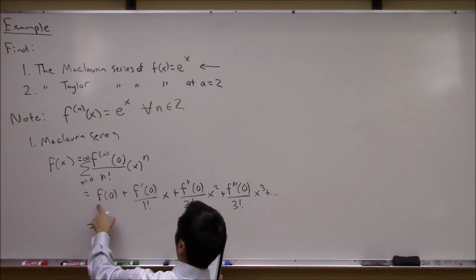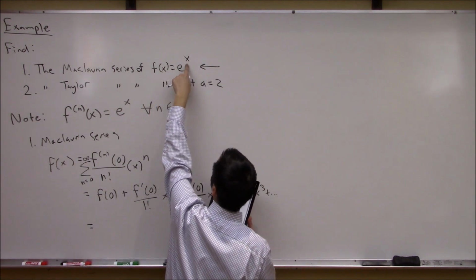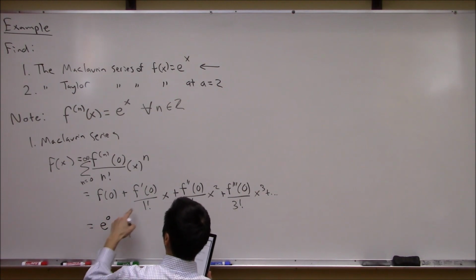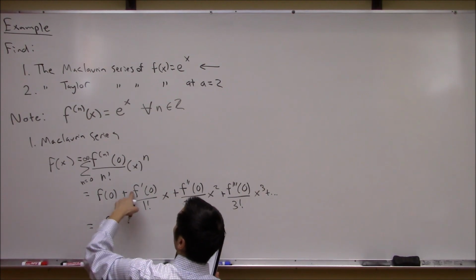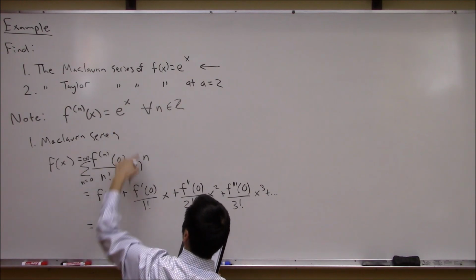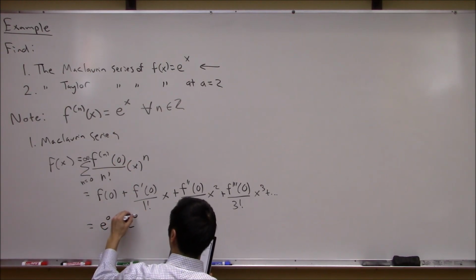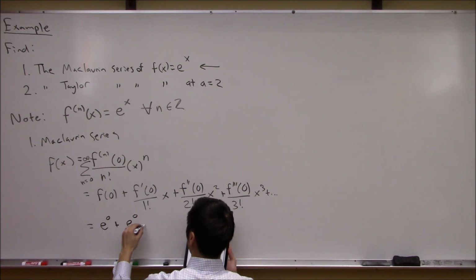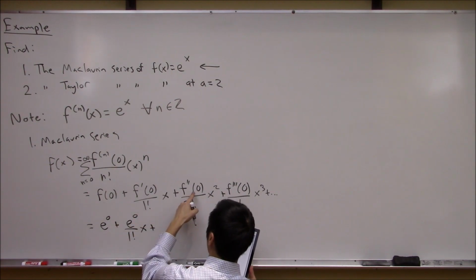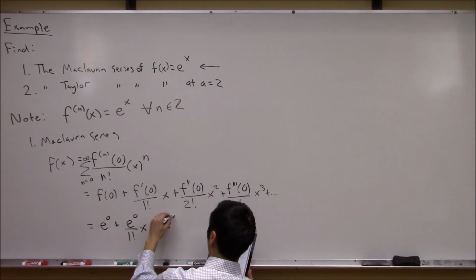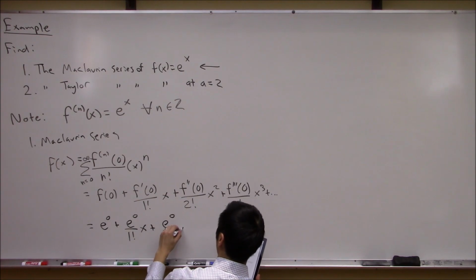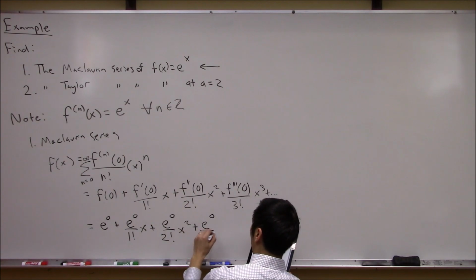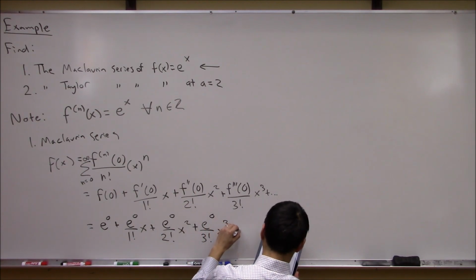So f at 0, that's just the function evaluated at x equals 0. So this is just e to the 0, right? Okay, plus the first derivative of f, which we said is just still e to the x. So this is still just e to the 0 all over 1 factorial, times x, right? Plus, here we go, this is still e to the 0, all over 2 factorial x squared plus e to the 0 over 3 factorial x cubed plus yada yada yada,